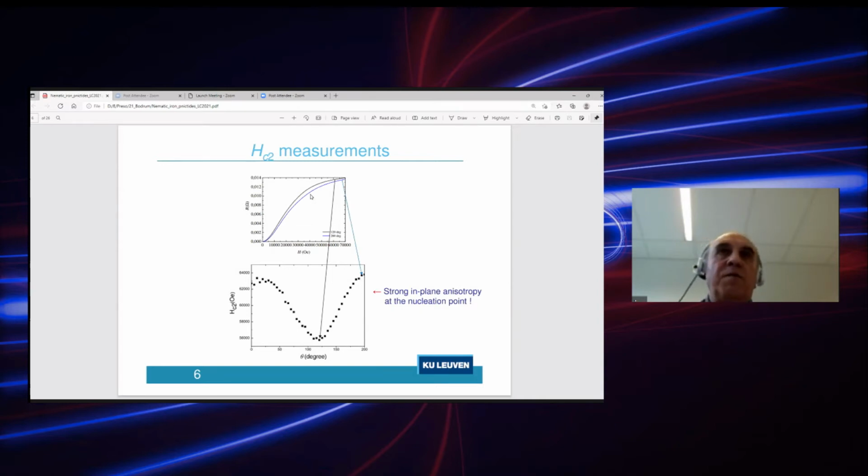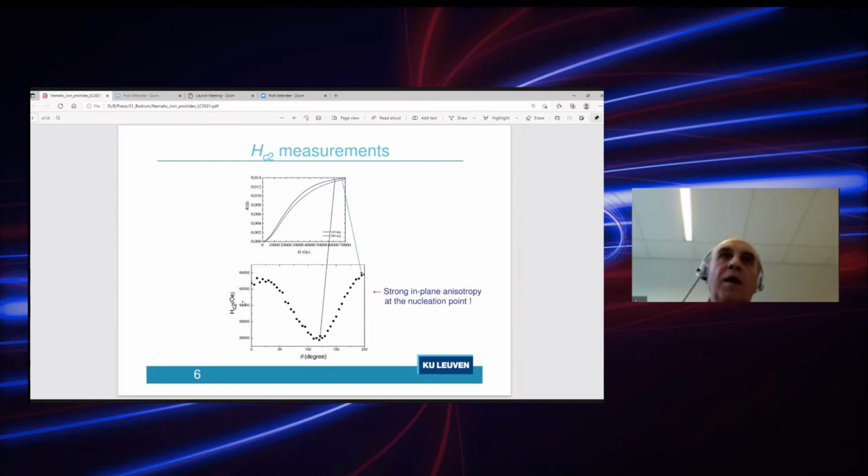So by definition, the second critical field is the field at which superconductivity starts to be destroyed. So we took as reference 90% of this resistance. So we draw a horizontal line, we find the point which corresponds to the field at which superconductivity starts to be destroyed for a given temperature. Then for another direction, we take the same. We find a different field. It's like here, shown in blue. And doing this for several different directions of field for a given temperature, we obtain such a curve which shows